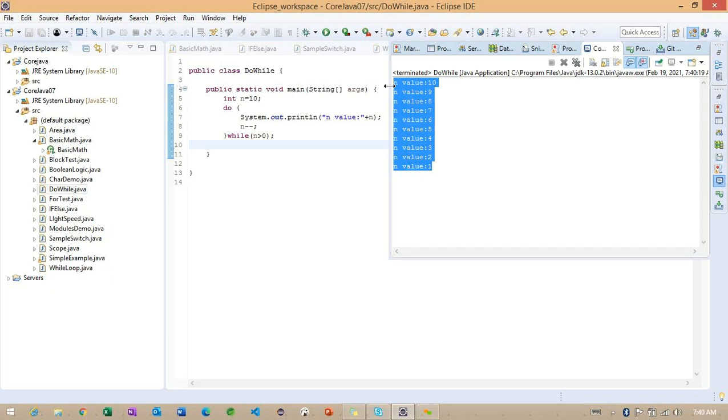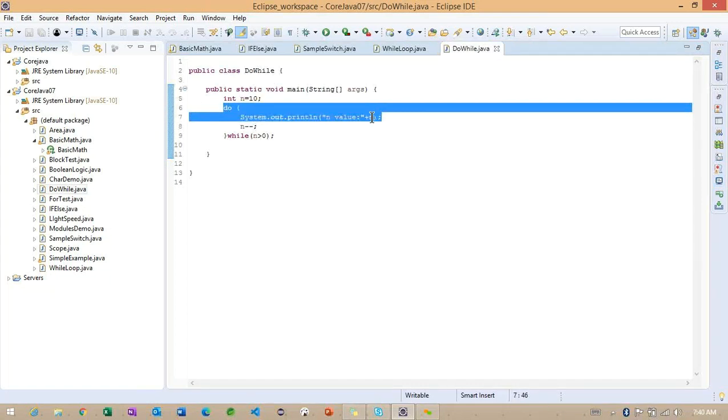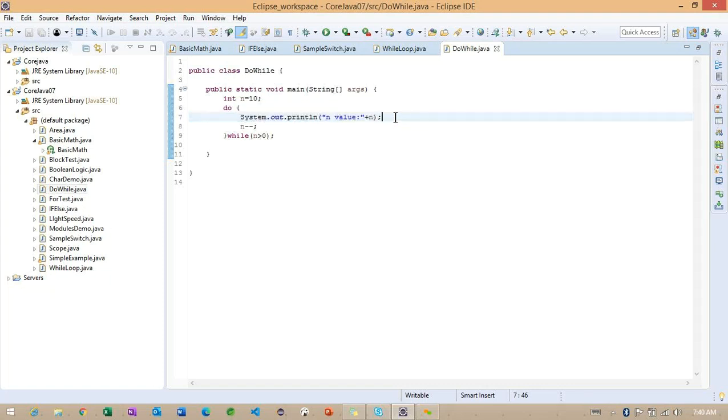So whatever value we identified using this particular while loop, we get the same value, but the only difference here is that initially, instead of checking the condition first, we are giving an option to execute one time. After that, we are making the condition. That is the only difference here. So simple, I want to make an example using this particular do.